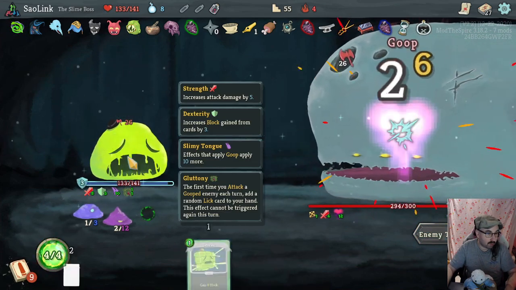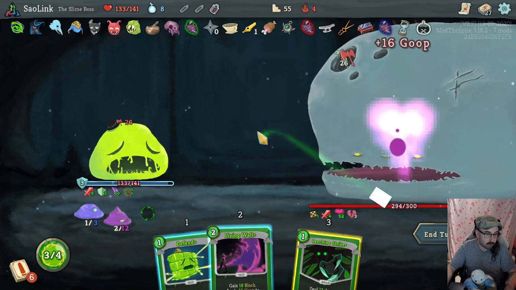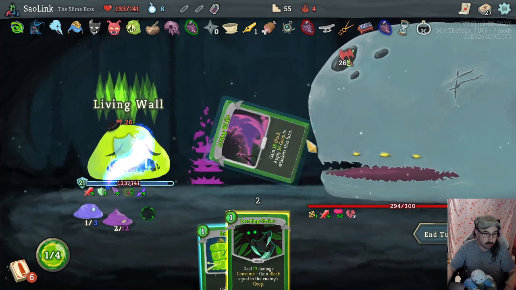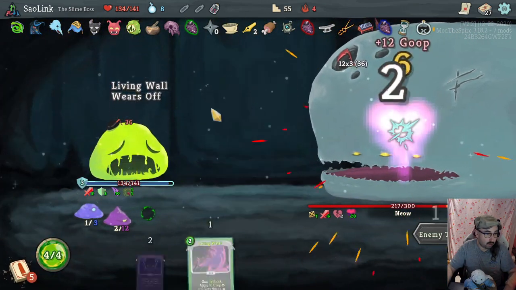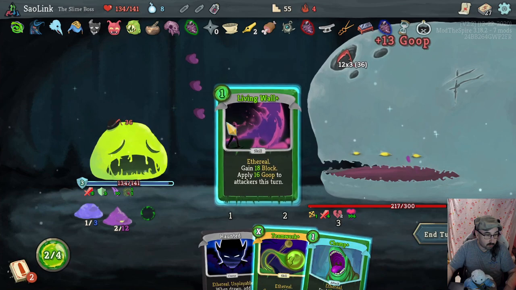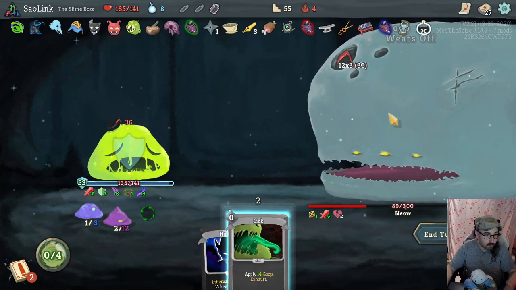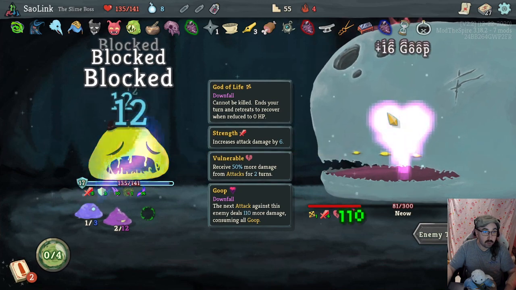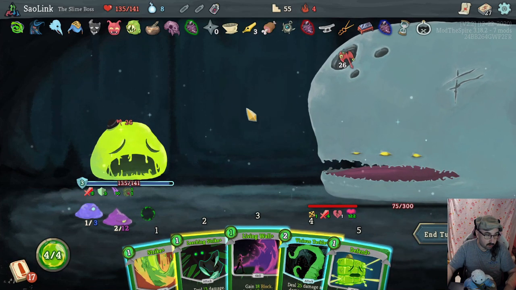I think with the extra slimy tongue effect, we are much faster in killing these enemies. Missed a lick there. Whoops. We should have the kill here easily. And then